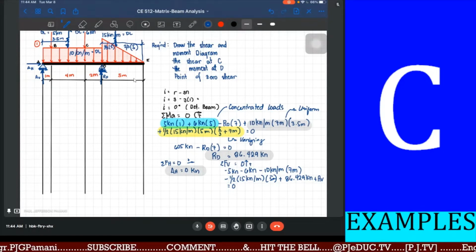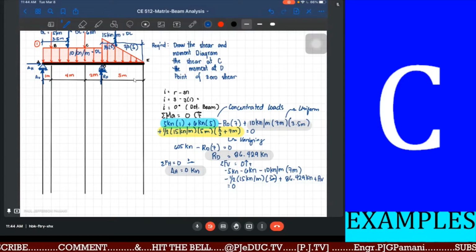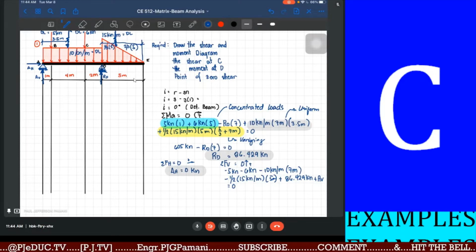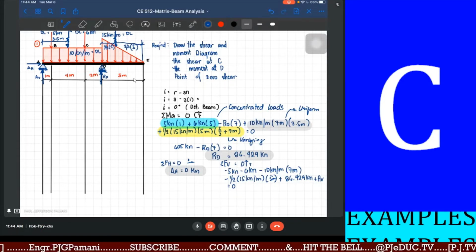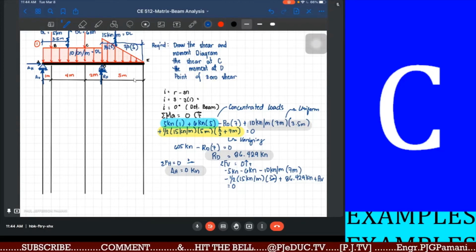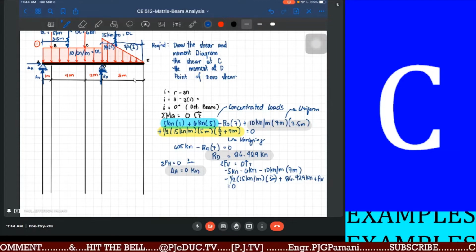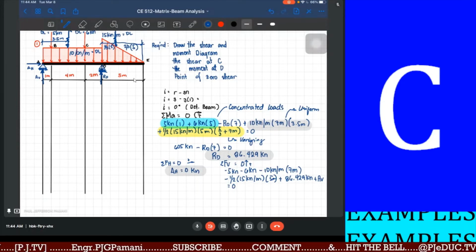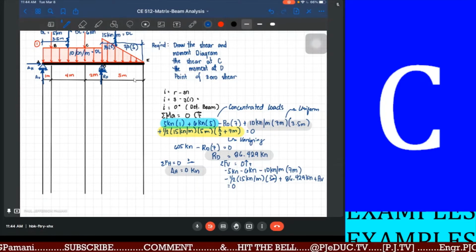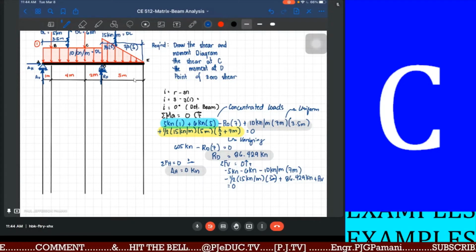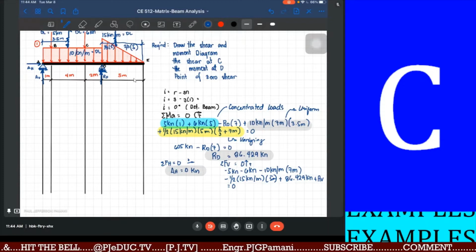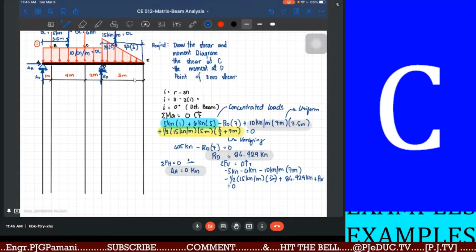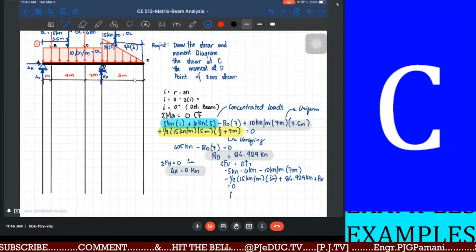Okay, don't forget to equate that to 0 to put the system in equilibrium. -5 minus 6 minus 10 times 7 minus 1/2 of 15 times 5 plus 86.429 gives us negative 32.071 kilonewton. Transpose, we have AV positive